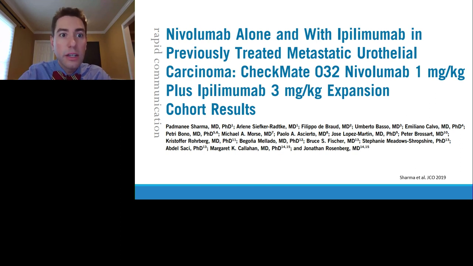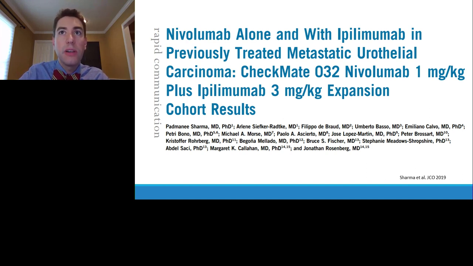Another interesting study was looking at the combination of a CTLA-4 inhibitor plus a PD-1 or PD-L1 checkpoint inhibitor, in the expansion cohort of CheckMate 032. This was looking at patients who had metastatic urothelial cancer in an open-label multi-cohort study who were treated with either nivolumab 3 milligrams